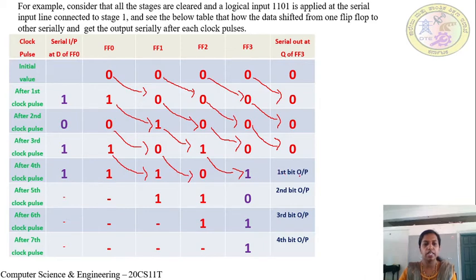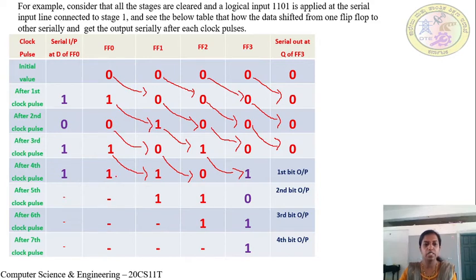So here we cannot stop shifting yet, because in the Q output of FF3 we have got all zeros, but in serial manner we have to get the same output as the input we have given, that is 1101. So we need to apply further clock pulses. So we want to give input for FF0 but we don't have any input to be given for FF0. Hence, we consider it as a blank.